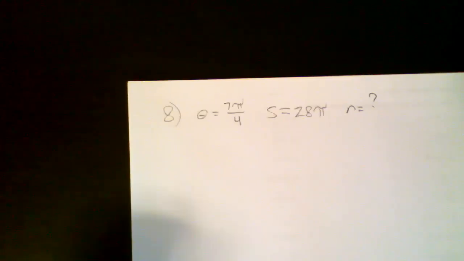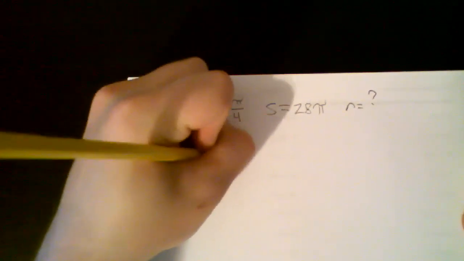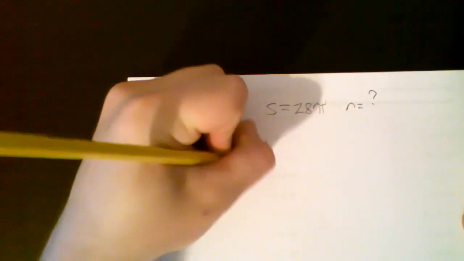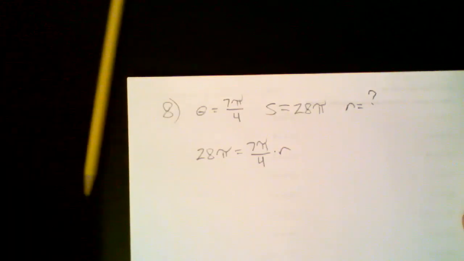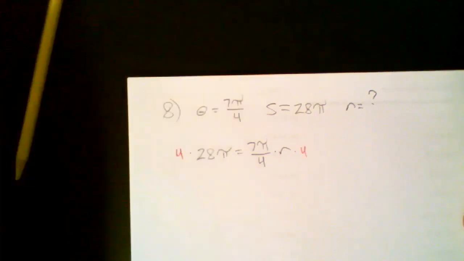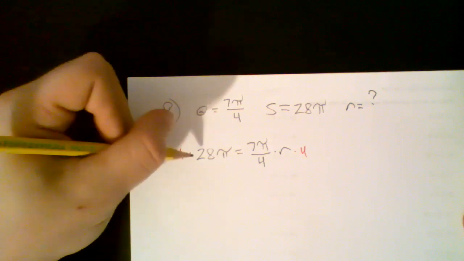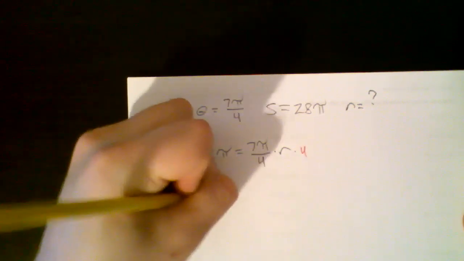All right, so same exact thing as number 6. I'm going to plug in everything we know. 28 pi equals the central angle over 4 times the radius. Same process, multiply by 4. That's going to be 25 times 4 is 100. That's 3 left over. 3 times 4 is 12. So that's 112 pi